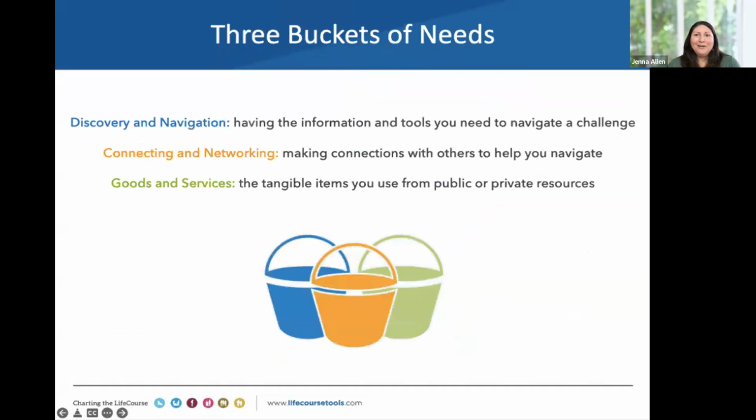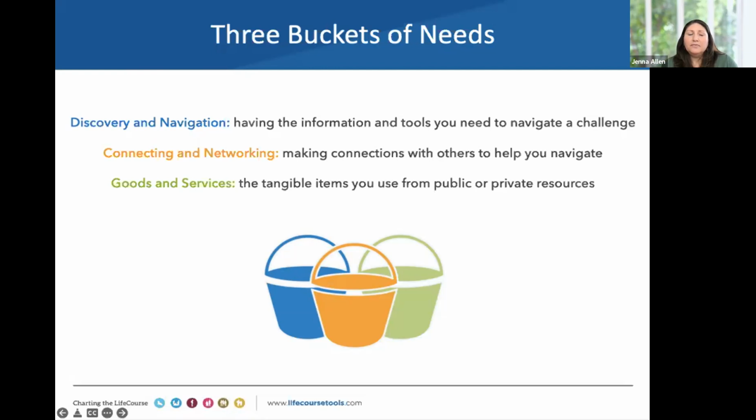And then today you get a little bit of a 2-for-1 in today's presentation. I'm primarily talking about the integrated support star, but I also just wanted to touch really briefly on the 3 buckets of needs. This is another LifeCourse principle that I do like to use in conjunction with the star sometimes, and you'll see that in action here in a minute. But just to lightly touch on the 3 buckets of needs, this is a way of looking at the resources that we all use